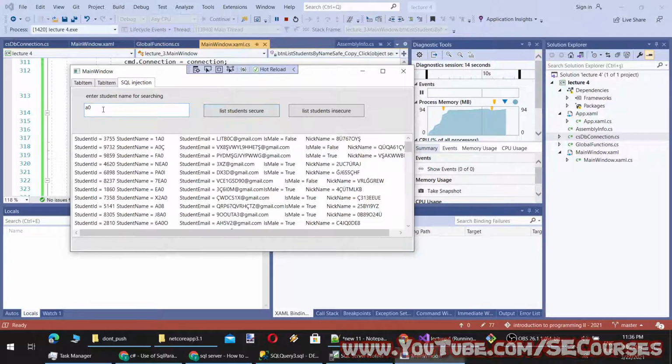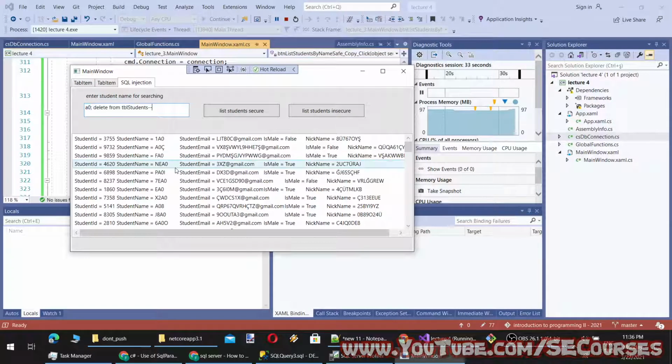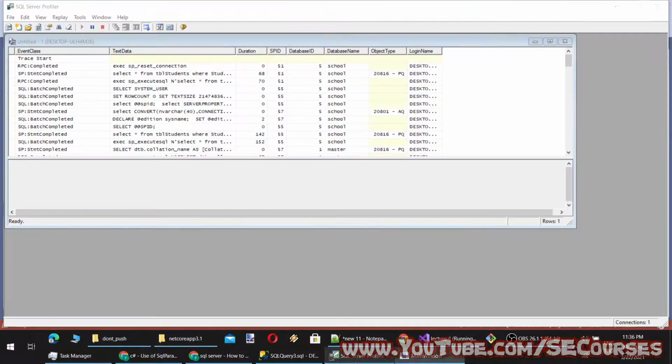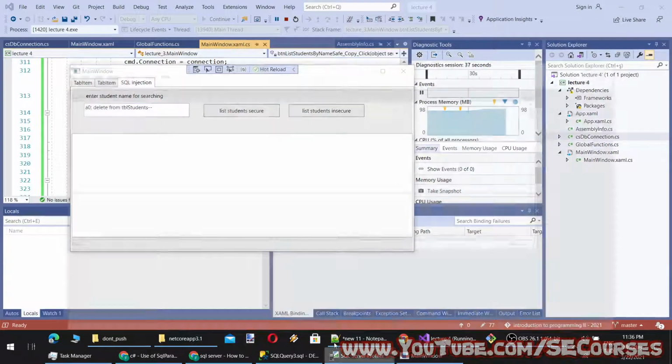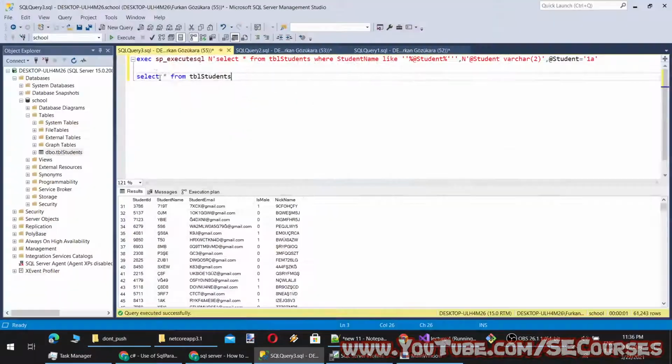List student secure working, and delete from TBL students and comment. So it is working. When we check the SQL Profiler, let's see how it is being executed here.